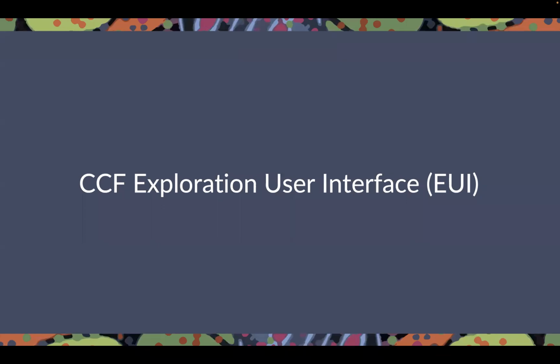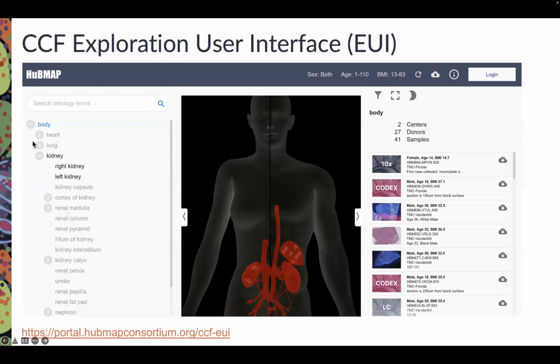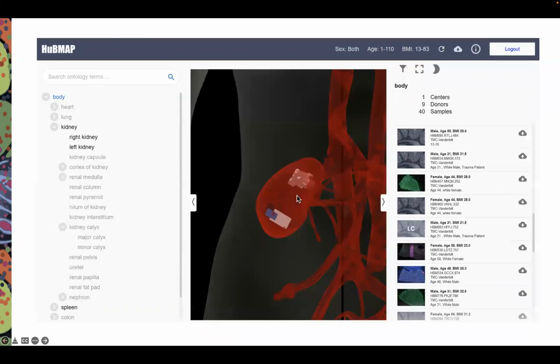The other key role that IU has been playing has been to create user interfaces to explore the data that have already been gathered. So the beautiful thing about ontology is that it gives you this nice hierarchical, click, click, click, and navigate your way down to where you want to go. So you can say, okay, I want to start with the body, move into the kidney. Okay, now there are two kidneys, so let's move into the right kidney or the left kidney. And then from there, you're in a specific kidney, and you might say, okay, what are the blocks that have